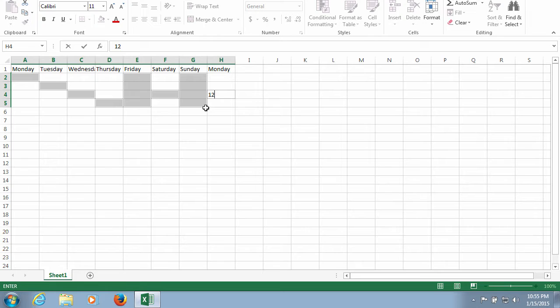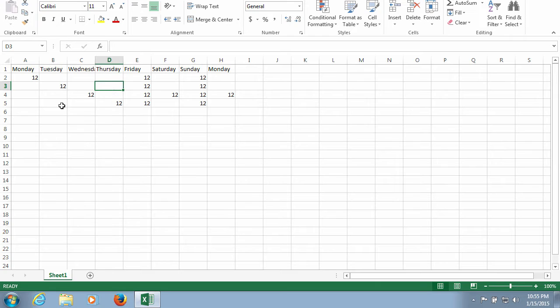Now when I finish, instead of just hitting enter, which will only put the 12 in cell H4, I'm gonna go ahead and hold the control key and hit enter. And what you'll notice is that it actually filled the rest of the cells as well. So if you want a quick tip to quickly populate your database, also if you want to add another column,